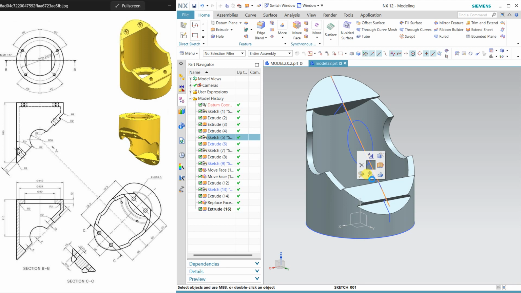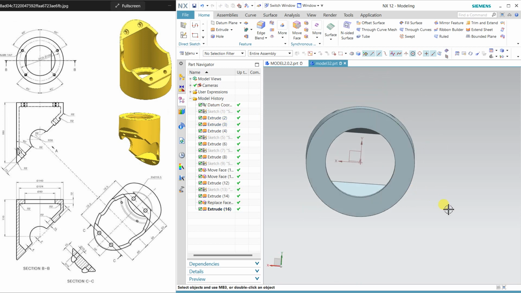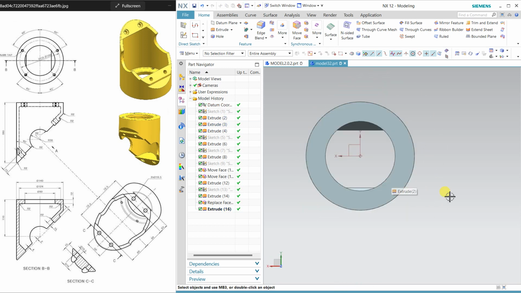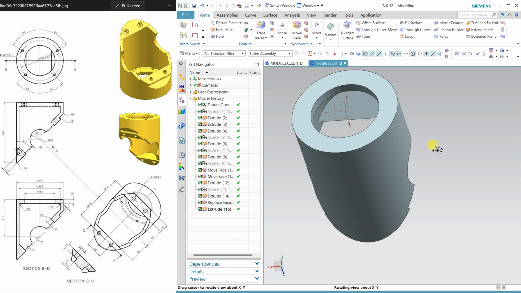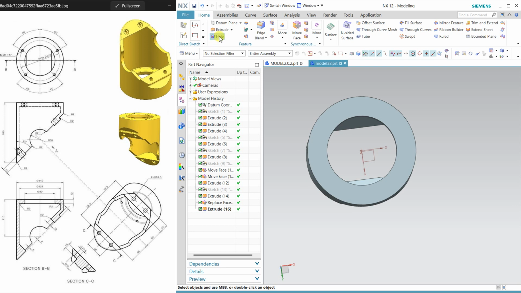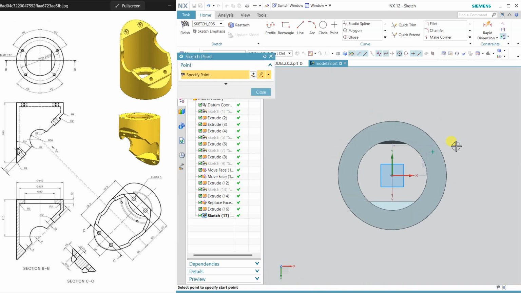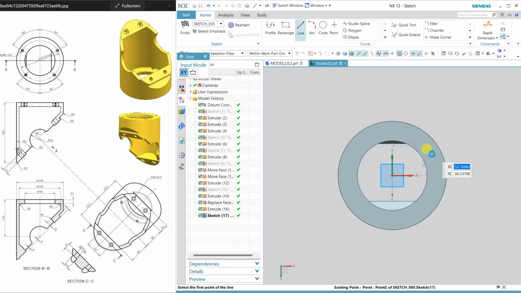Now if you want to hide all the sketches, most of the portion we have already drawn. Now we have to apply some hole. So select this hole and select this face, use this line and click.